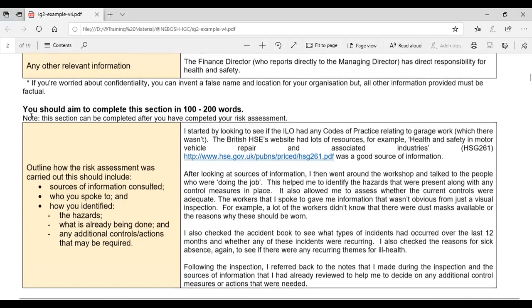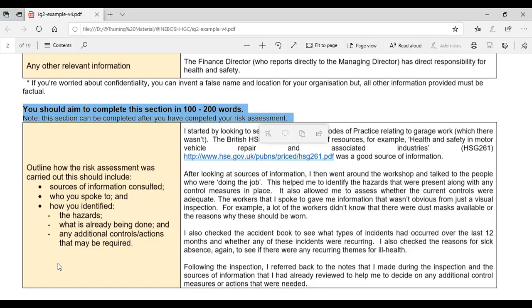The last portion: you should aim to complete the section in 100 to 200 words. Note, this section can be completed after you have completed your risk assessment. Once your risk assessment is completed, then that section will be easier to fill rather than writing it proactively. Because once you have completed your project, it is easier to say whom you met and how you completed the risk assessment project,